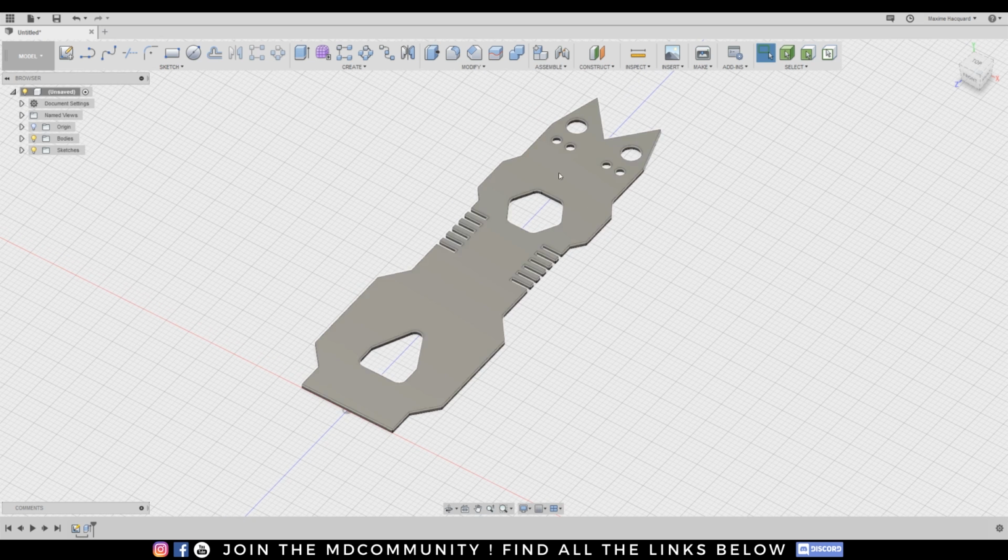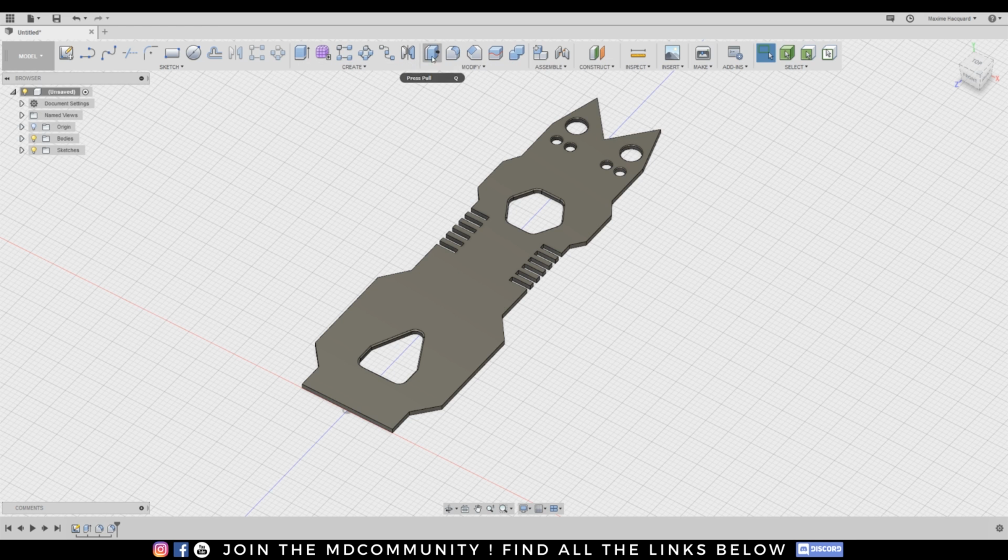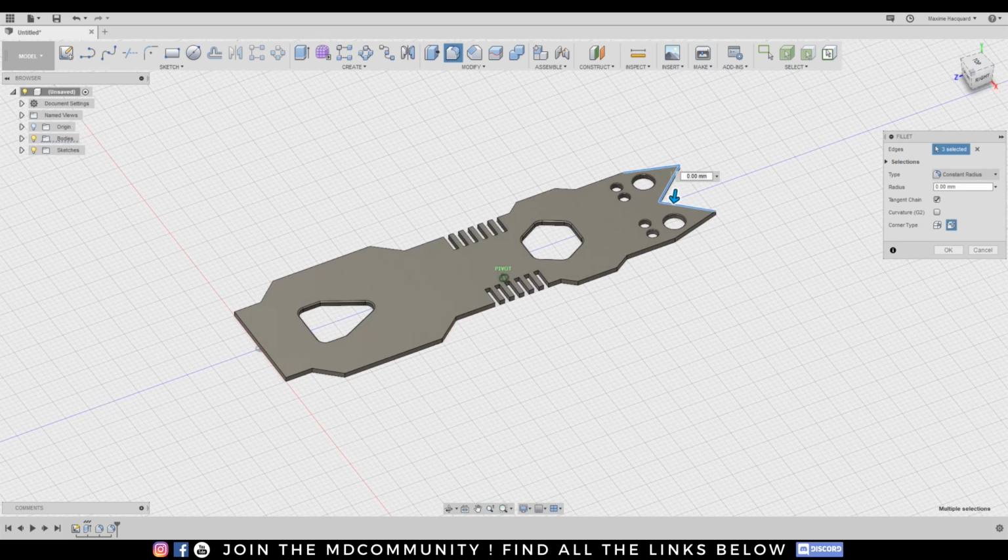And now I can play with the fillet option, like I can select this, and play adding a value like this. And I can also add another value somewhere else, like 0.5 there, but that's ugly, so okay. And just need to select the fillet here, and you can select the fillet you want everywhere. So that's really useful and really nice to create.